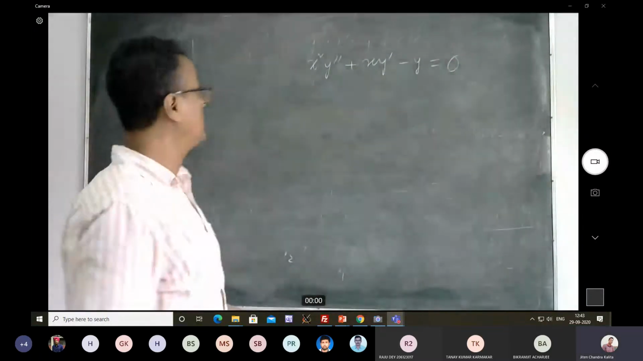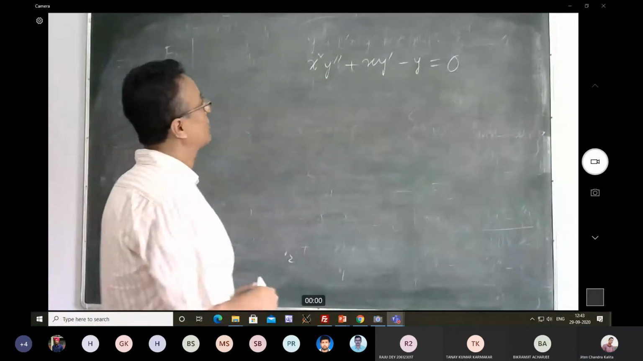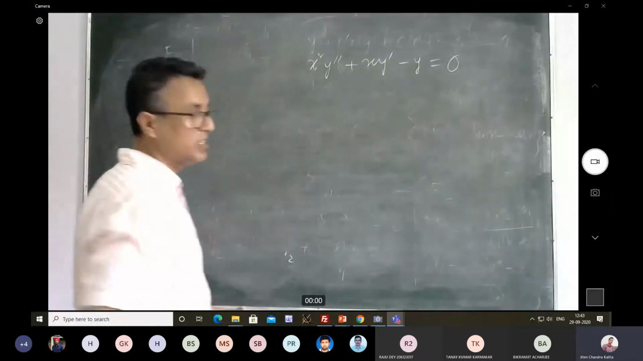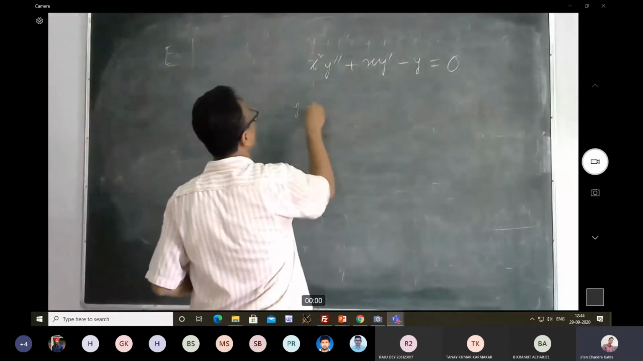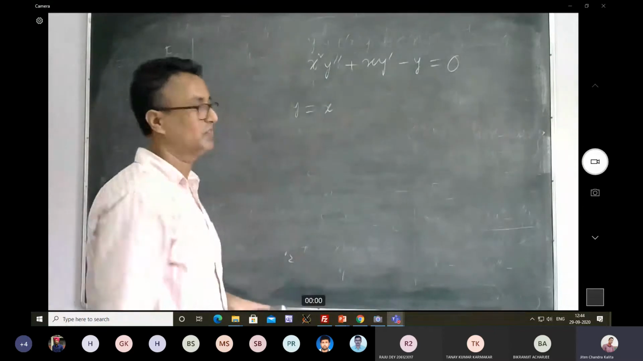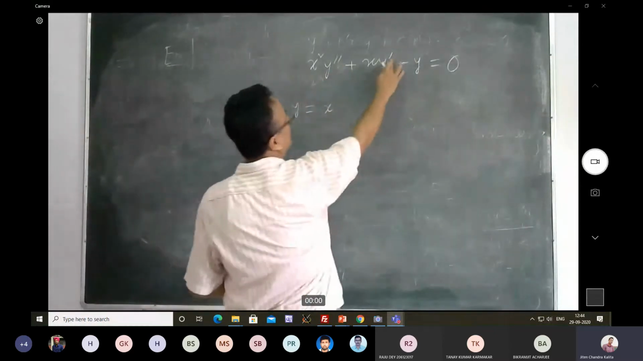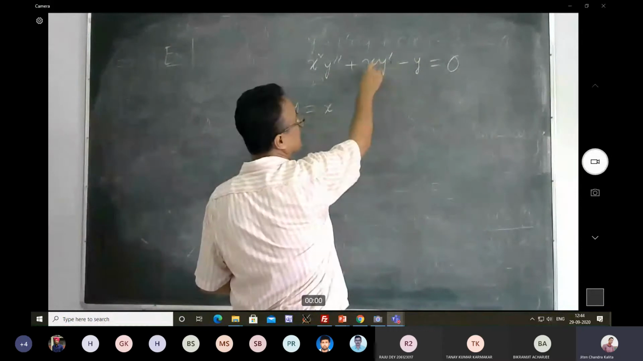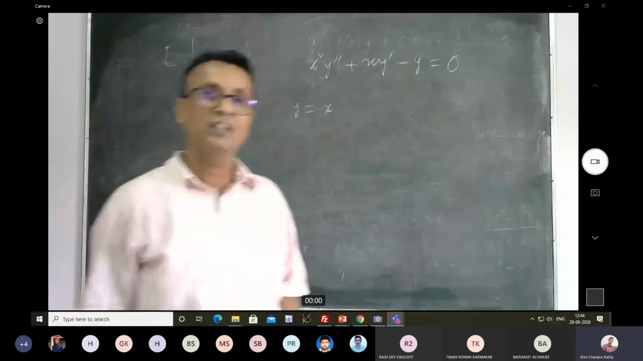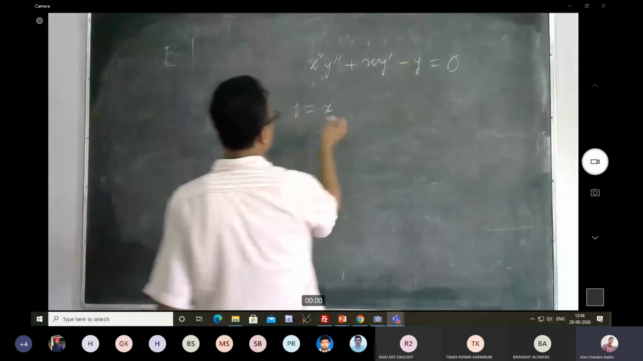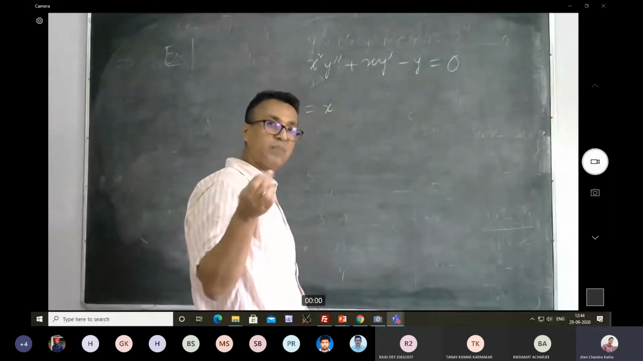Okay, so this is a second order linear equation, right? And you can easily verify that y equal to x is a solution. Because y double prime will be 0 here, y prime is 1, so this is x minus x, which is 0. Fine? Okay, so now if I want to find the other solution, which constitutes a linearly independent set with this solution,